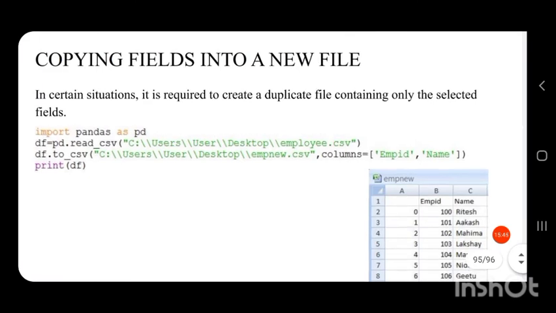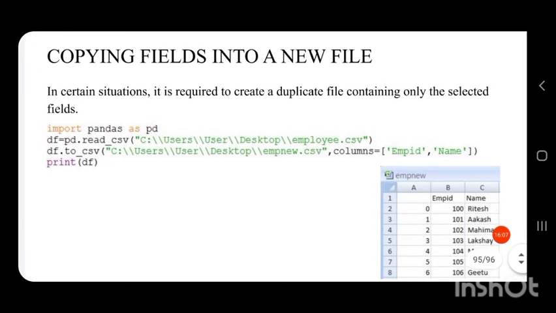So, import pandas as pd, then df equals pd.read_csv, and in brackets the location of the first file which we are copying. employee.csv is our main CSV file which we are going to copy.